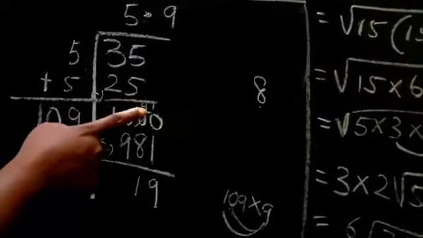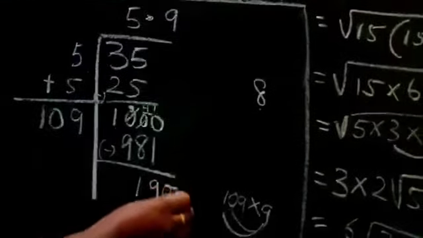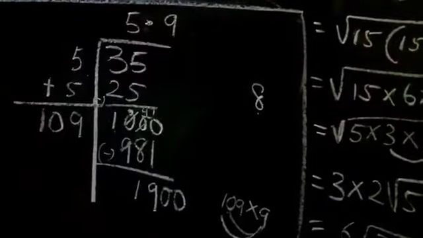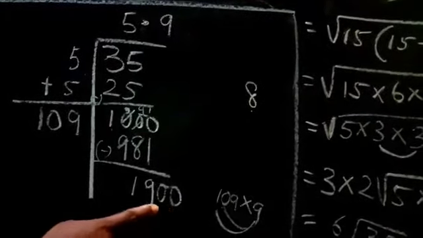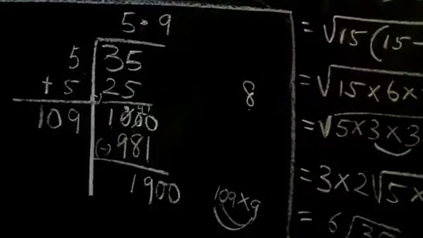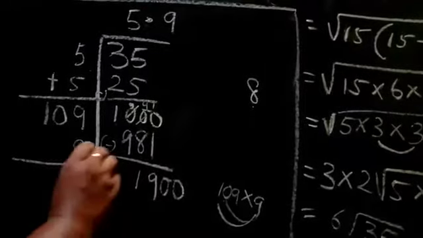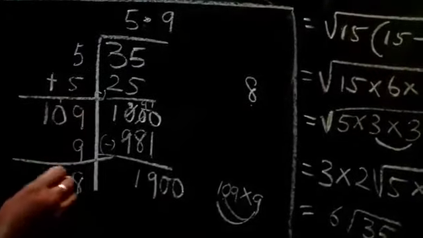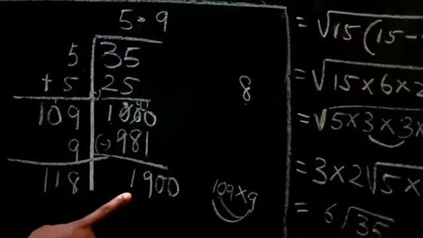This one only shifted like 9 9 and all. So we have to add 00 directly. We no need to add here 0 or put here one more time 0 point and all. We can add here 00 directly. Then we should add this 9 here. So 9 plus 9 is 18. Carry 1. Again here 1. So here we have 1900.